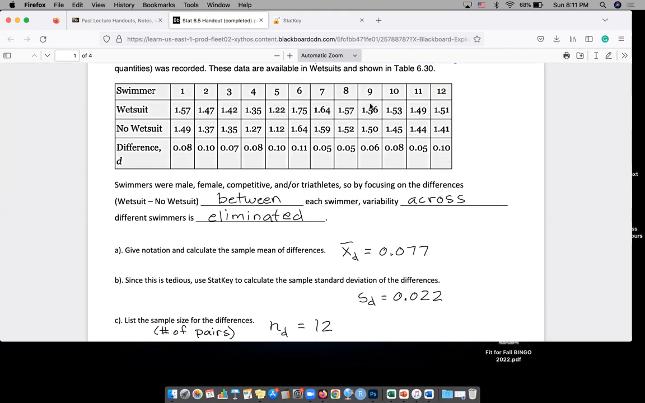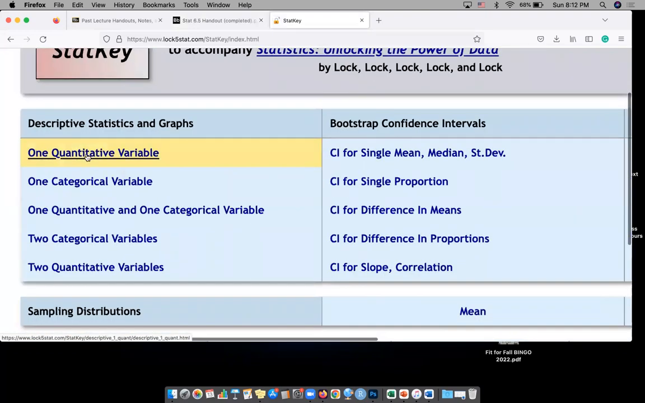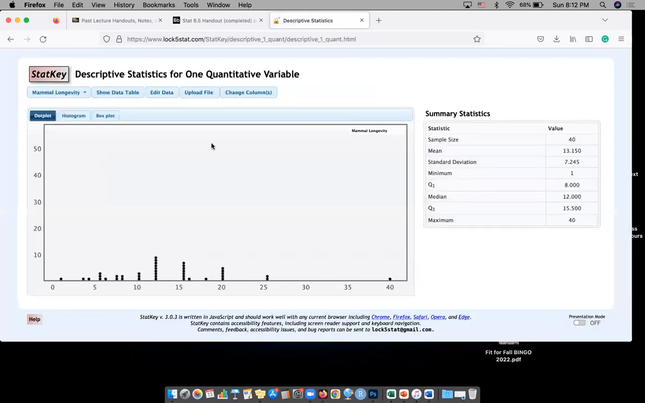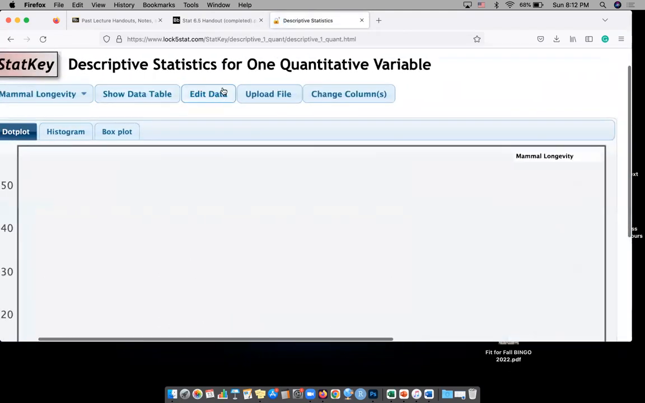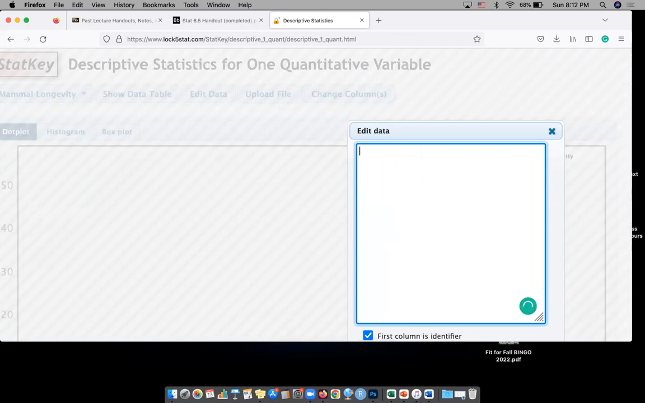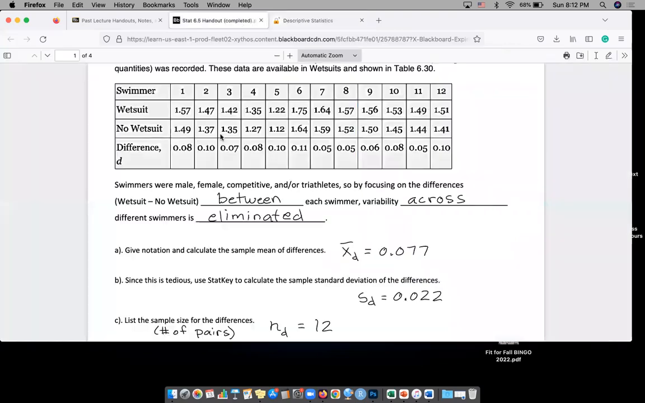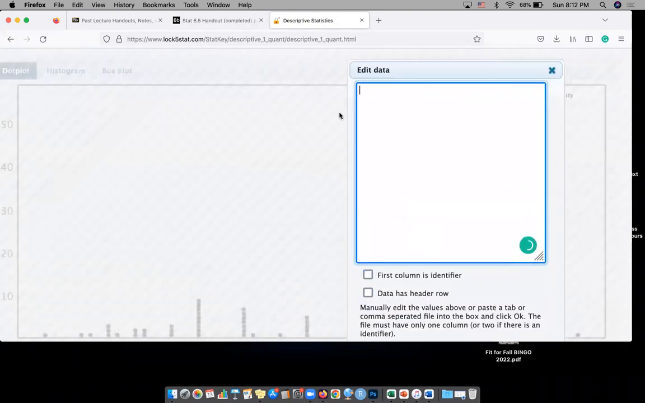Where you're going to want to go to do this is the very first thing we ever used in StatKey, which is the one quantitative variable. When you click this, we're going to be editing our own data. It's going to have by default whatever data set was first listed, but all I did was highlight all of that and delete it. We also don't have a column or row identifier. But here's where we're going to put those values in: